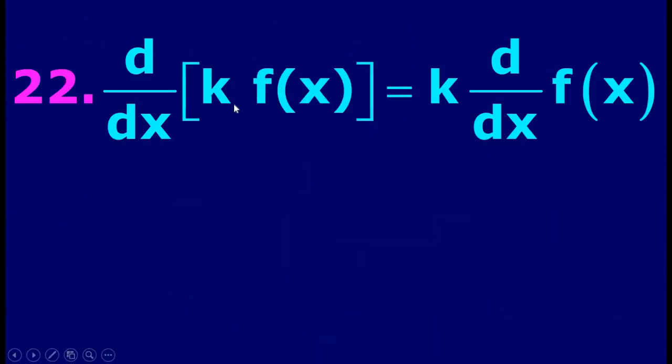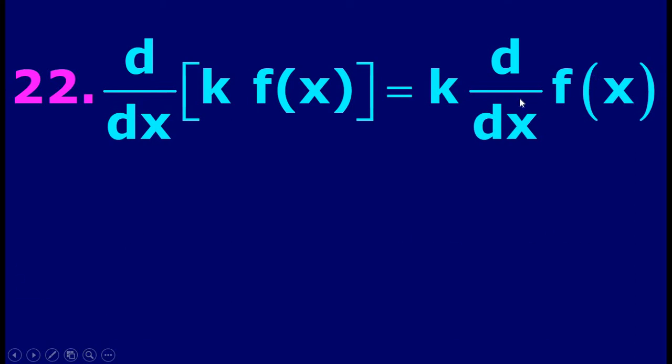So next, some rules in differentiation, that is if we get constant and function. If we get only constant, its differentiation is 0, but if we get constant and function together, suppose it is 2x square or 3 log x or 5 e power x like that, then it is not 0. First we have to take constant outside. Then differentiation of function you have to write.